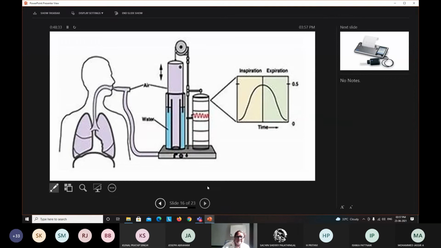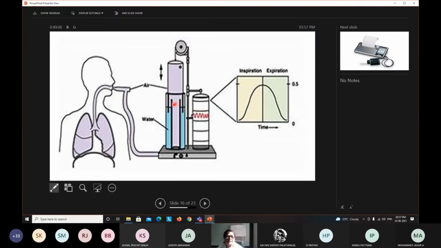Okay, we need electricity to run this instrument. Different knobs are there here, and you have a cylinder again here, the outer cylinder. I was talking about vitallography. In this diagram, the cut section is shown. This one is the outer cylinder, and what you are seeing here is the inner cylinder, and this is the inverted cylinder, which is called the bell, which is again connected to the chain and it runs over the pulley.